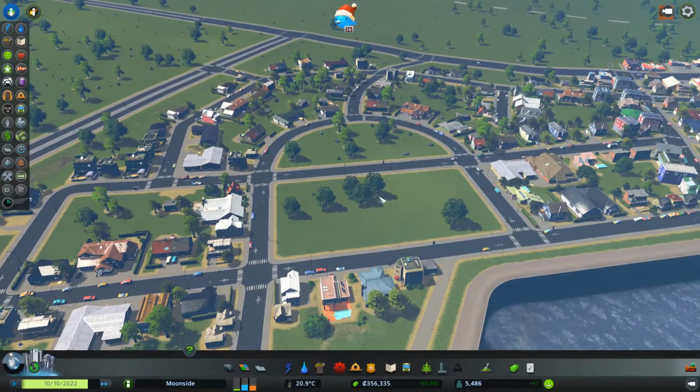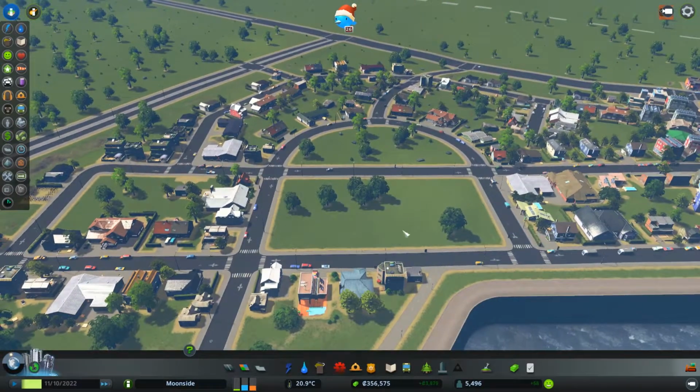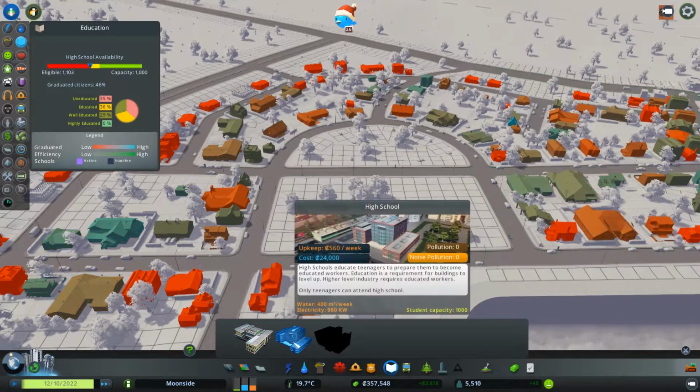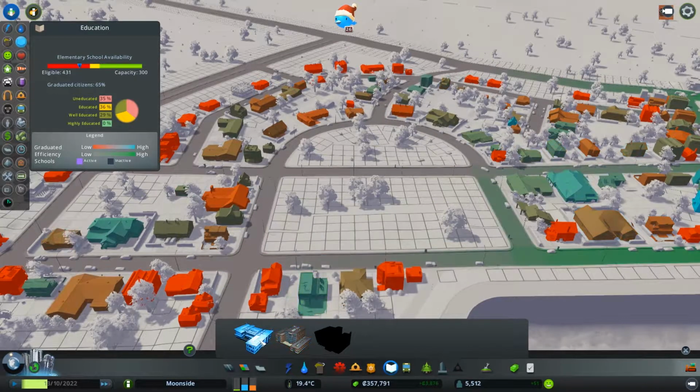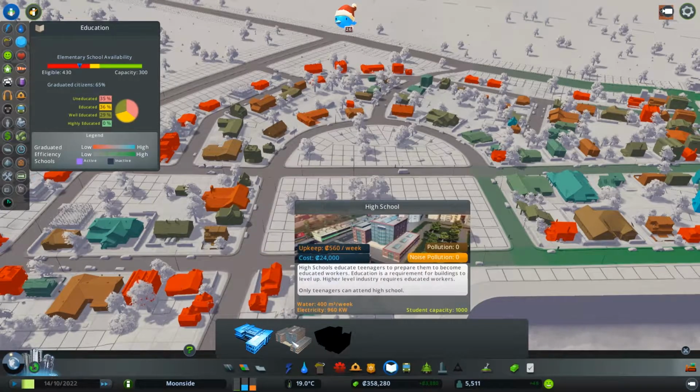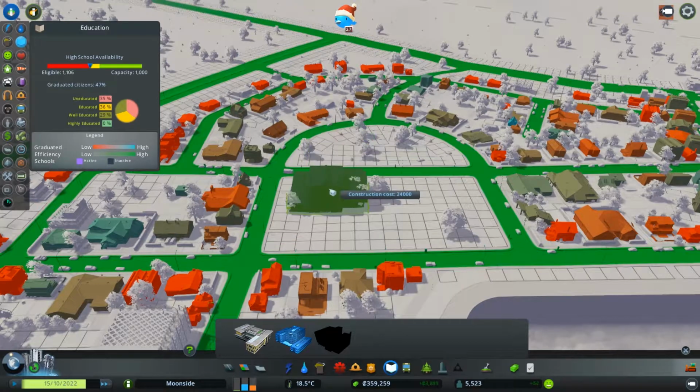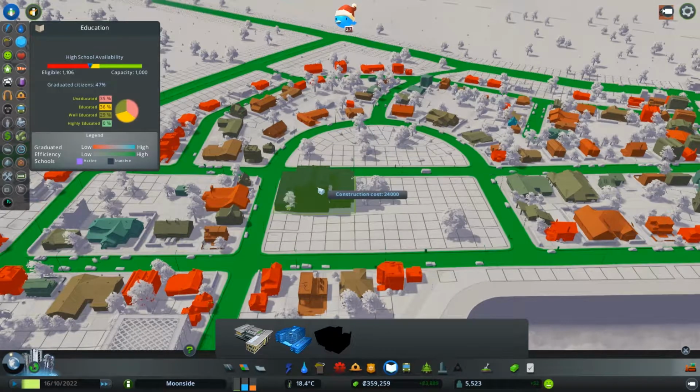And I said this was maybe going to be like a university and park system. We don't have universities yet, do we? Elementary school availability is very low, and so is high school. Maybe not university. University is kind of big city stuff, right? So maybe... can we fit maybe two schools here? Or maybe put a high school...